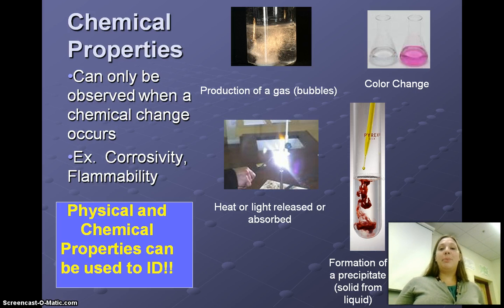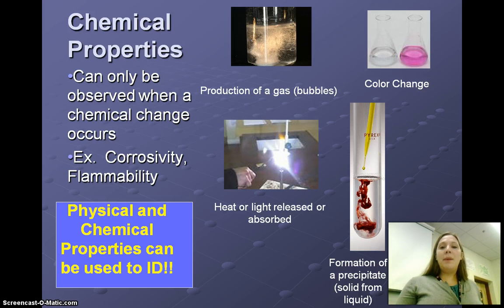The first is the production of a gas. Okay, and typically this can be seen in the form of bubbles, but it also can be a smell that is given off. You can see a colored gas being given off, or even sometimes we do something called a splint test, where we light a stick on fire and see how the gas behaves when it reacts with the